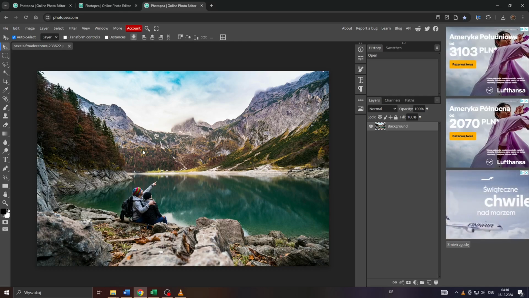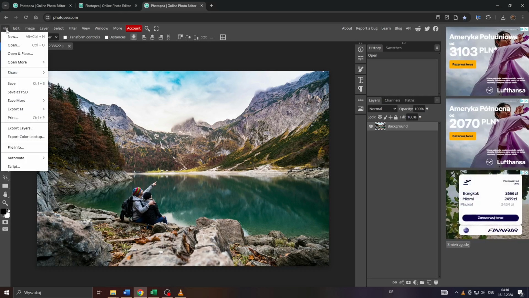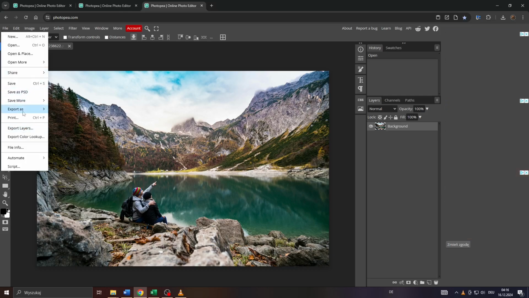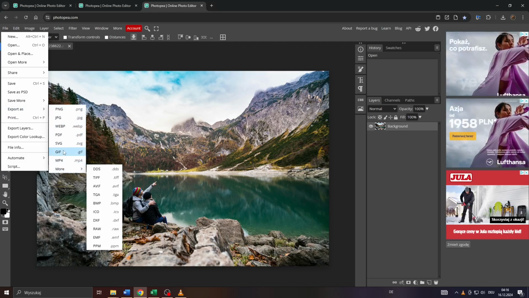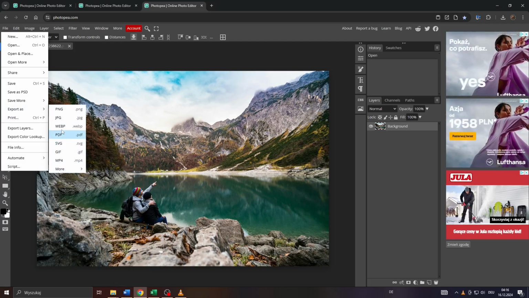So what you want to do, guys, here on Photopea, is click on File here in the top left corner, and from the drop down menu select Export As, and here to the right from the following drop down menu select your output file format. You can go with SVG, GIF, PDF or JPEG or PNG if it's for example a photo or an image